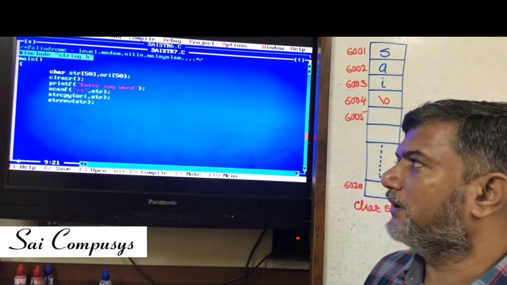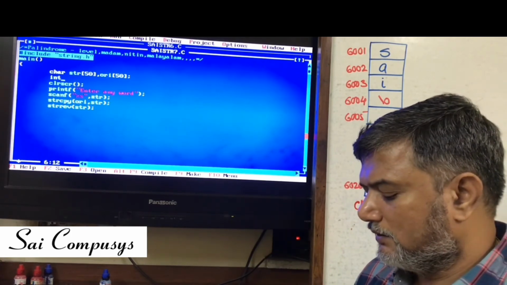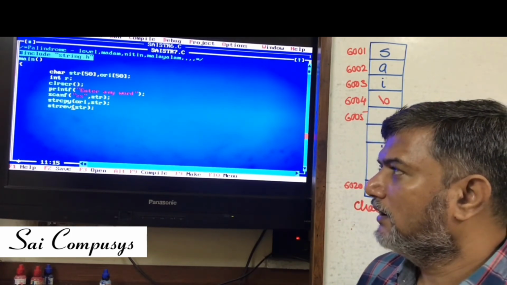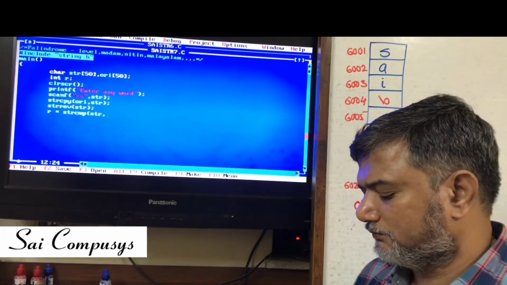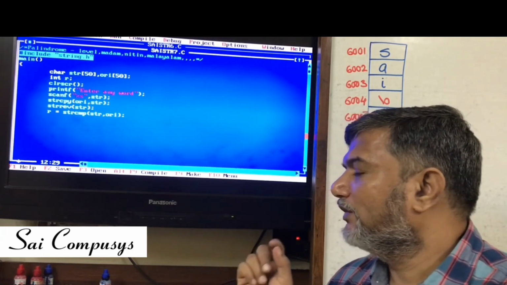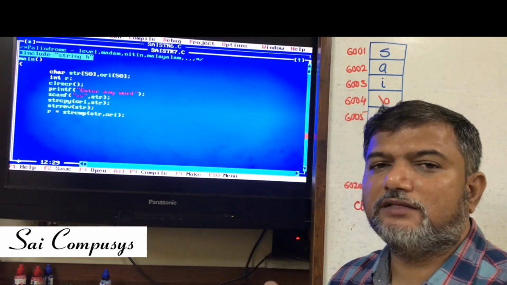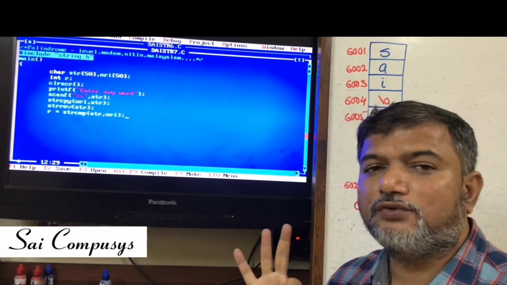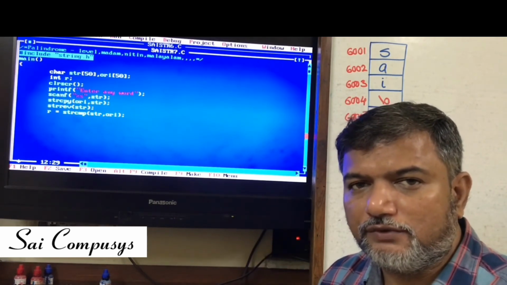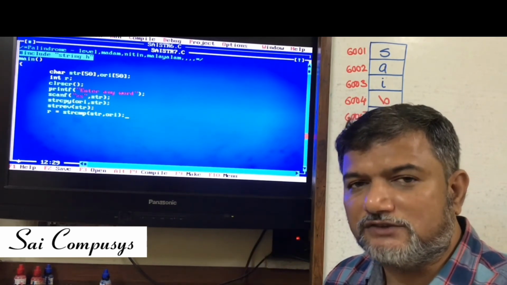Now I have to compare them, and while comparing, I need a variable r, and this is how I'll compare. When the comparison of the original string and the reverse string takes place, r will possibly get three values. It may be positive, it may be negative, or it may be 0.